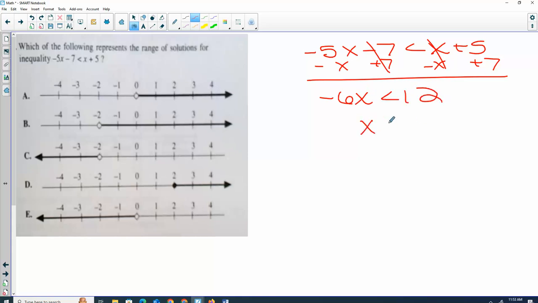Divide by -6. If you divide by a negative, the inequality would flip, so greater than -2. It doesn't have an equal to, which means it can't include that point, so it has to be an open circle, so option D is out. Bigger than -2, that means starting at -2 and going to the right, so that would be